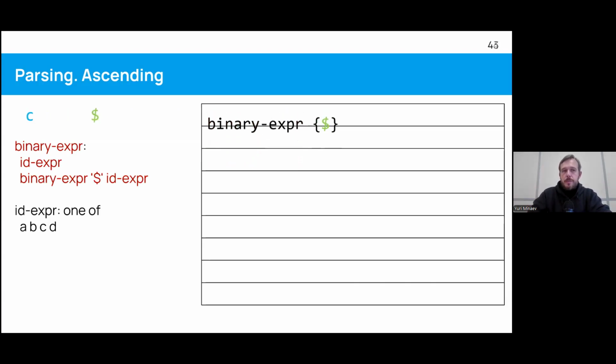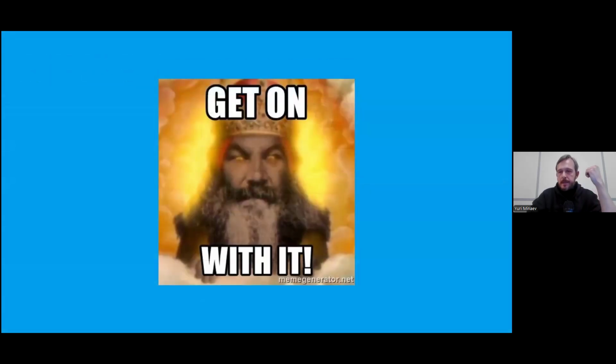And we just repeat the same thing, again binary, again ID, and again binary expression. So that's how a shift-reduce parser would work and deal with that problem. Okay, so now you're probably like this: we are talking about C++. Where's C++, right? Well, let's look at C++.